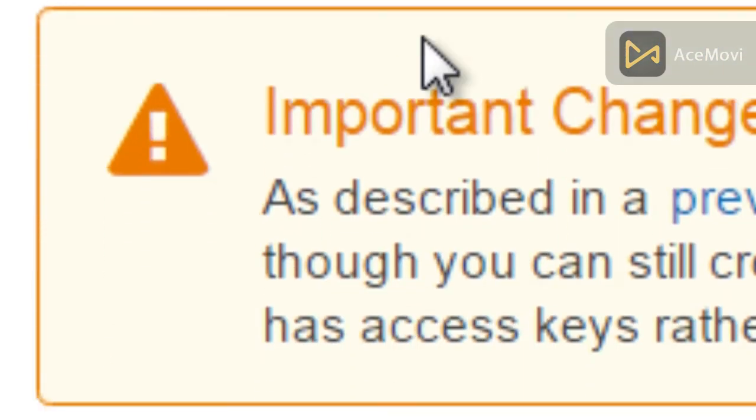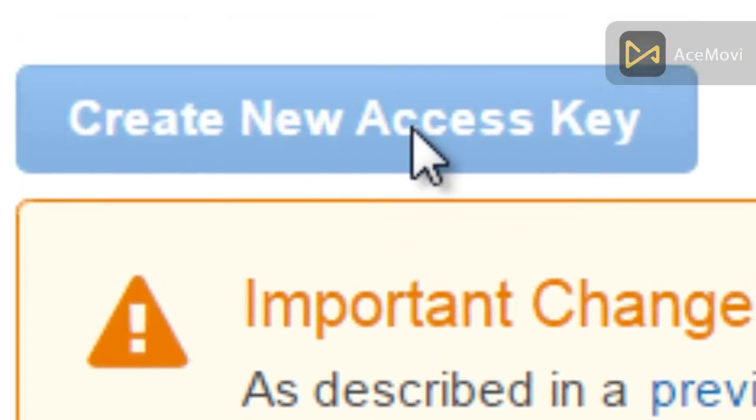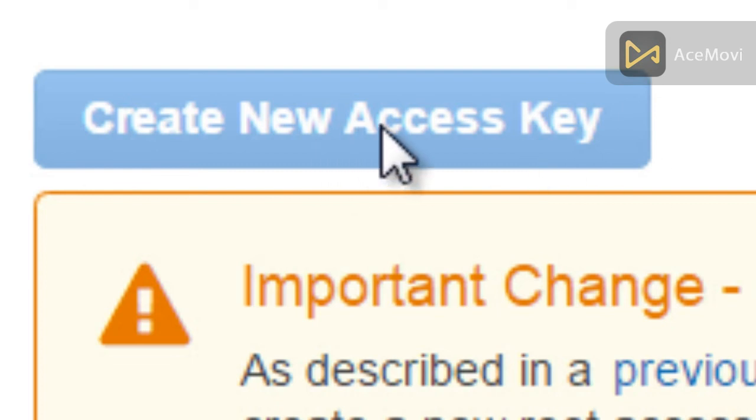And then, of course, you're going to see Create Access Key. Now, keep in mind that you can only have 2 active access key IDs. You cannot have more. So if you need to make more inactive, you just click on Make Inactive. Once you click on Create New Access Key, it'll create a brand new access key and it'll create those 2